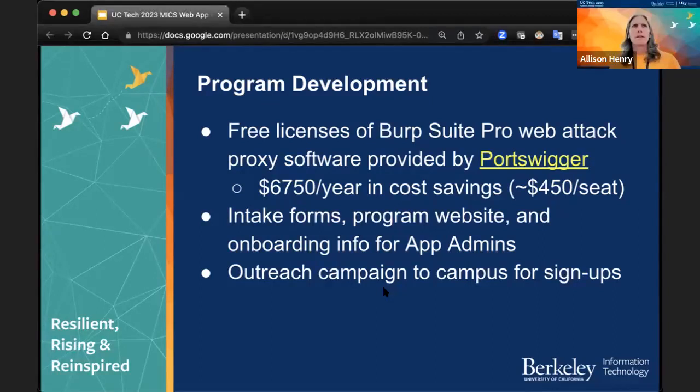We also can integrate this into our regular assessments process, because when we do that more, not the offensive testing, but just the reviewing security plans and looking, are you meeting policy requirements? We can say, well, one of the policy requirements is application testing. And guess what? We have a program for you. So you can put your name on the list. So that's how we get these applications all queued up and ready to go into the class for testing.